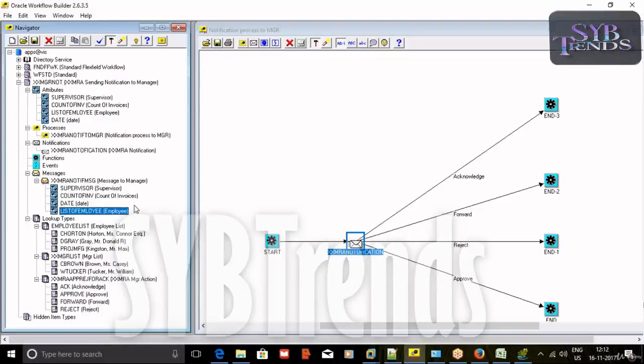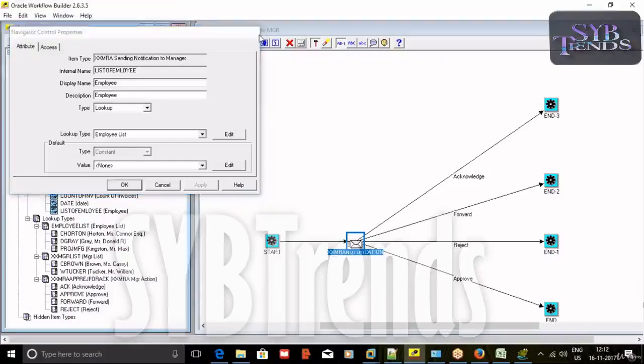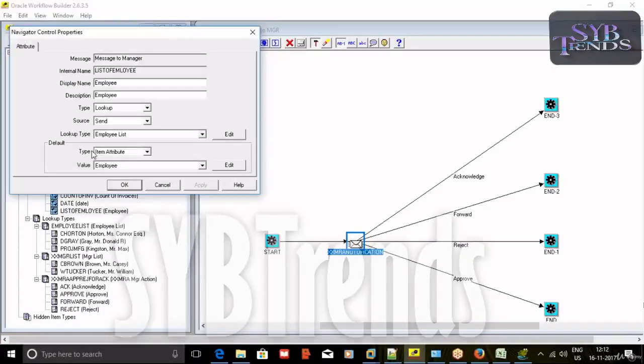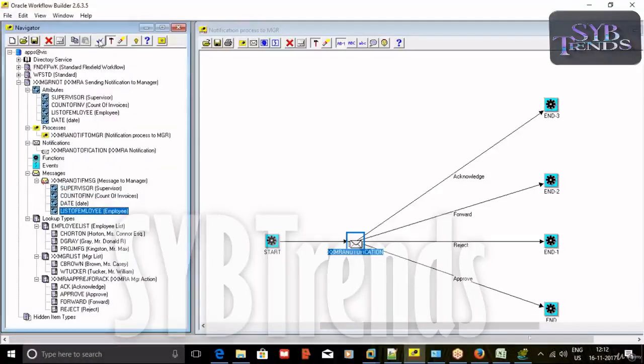Your development is completed. See what we have done. We have created the lookup list of values for the employees, and we have created one attribute with lookup only. We are moving that particular attribute under message, and observe here you are having source as send only, and we are having respond also. We will discuss it in a later session. What is the purpose of the respond? Send only we are going to use here. Okay, validate it. Okay, save as